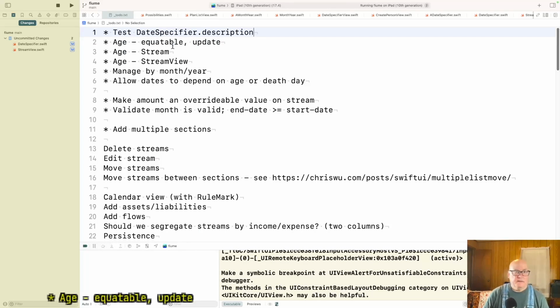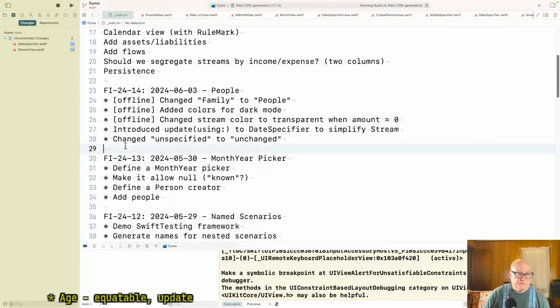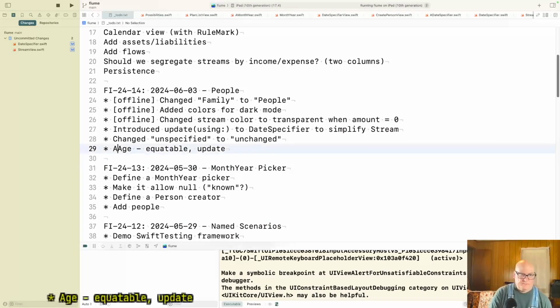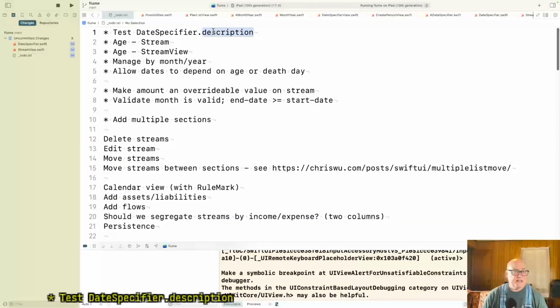Okay, and then I think we've done these minimally. Add age to date specifier. Okay, so let's take a break. We'll come back and do this test real quickly, and then move on and figure out the others that needed this information. Continue working from the back end towards the front end, I guess. All right, see you in 3 or 4 minutes.